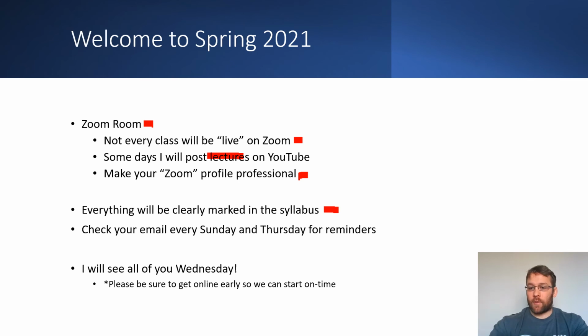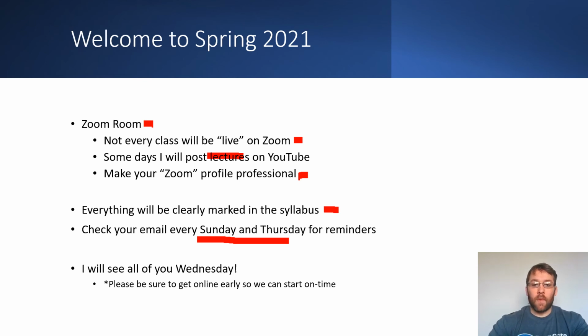I'll talk you through how to look at the syllabus to know what days we're meeting and not meeting. And the other thing is that what students said was helpful last semester was that every Sunday and every Thursday, I will send you an email reminder. It'll be brief, but it's just a reminder of what's upcoming. So if you have any papers due, or what days of that week we're going live on Zoom, just make sure you're checking your emails every Sunday and every Thursday. Even if I don't have anything important to say, I'll just email you and say, this week, just make sure you're still working on that paper. So even if there's not a ton of information, there'll be a little bit of something there just to remind you what's going on.